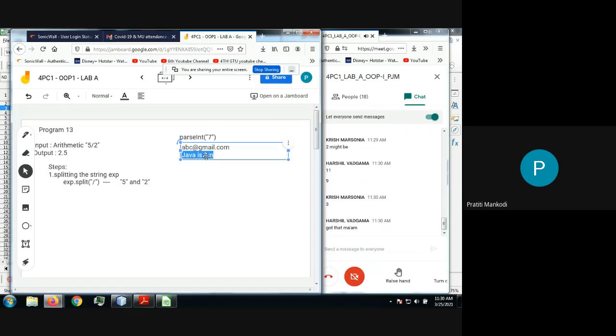But if my split parameter is I, what will be the size of the array then? 2, of course. The first index will have Java space and the second will have S space fun. But can you give me the minimum size of that array? Now why it returns an array, that is what I'm justifying.